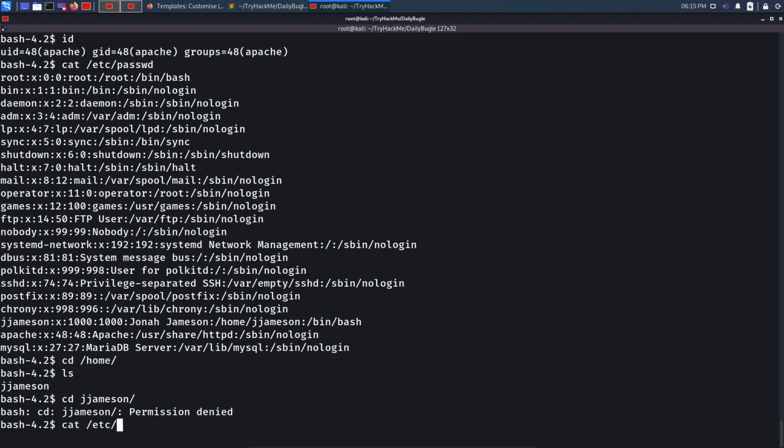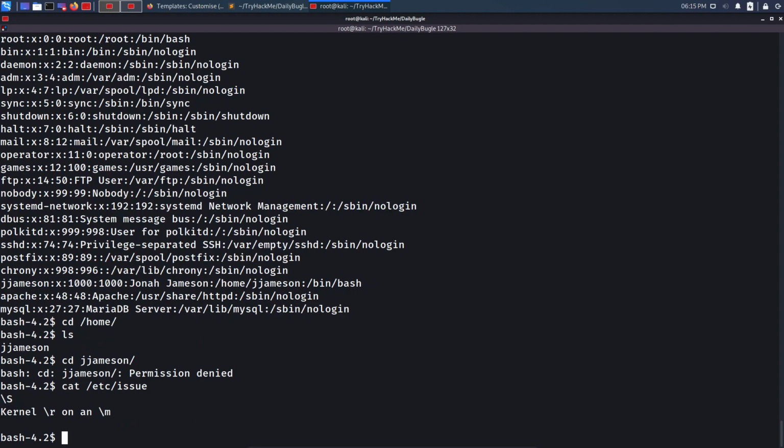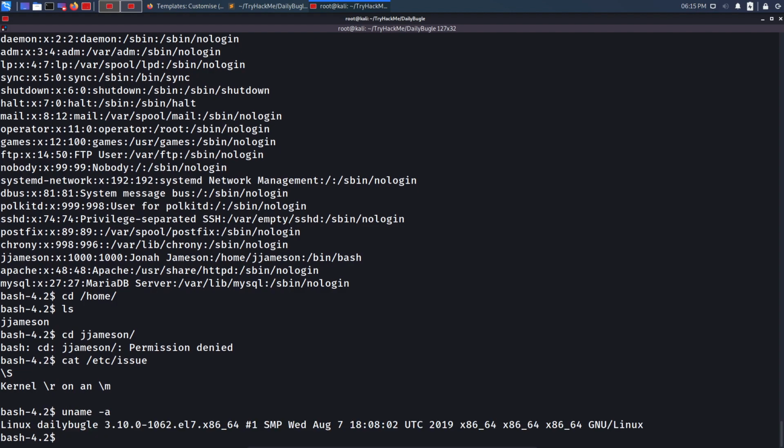So cat /etc/issue. I'm not getting the operating system version, that's fine. Let's do uname -a, and it is Linux dailybugle, and the version is quite old, I think. So we can also go for a kernel exploit right here as well. It is 3.10. Normally I think Dirty COW will work, but normally I don't go for kernel exploits,